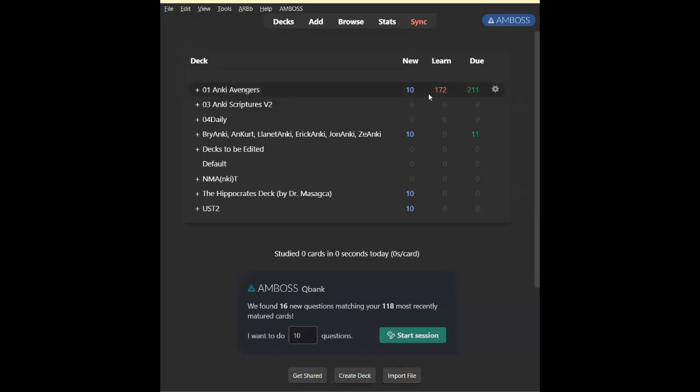So it already prioritizes the things that you got wrong or things that you found hard, and those that are easy, it will place it later on in the future. So these new things mean that there are 10 cards in this deck, 10 cards in this deck, 10 cards in this deck. That means these are cards that you have not tried yet. Every day, Anki encourages you to answer cards for you to develop your long-term memory on a certain topic.